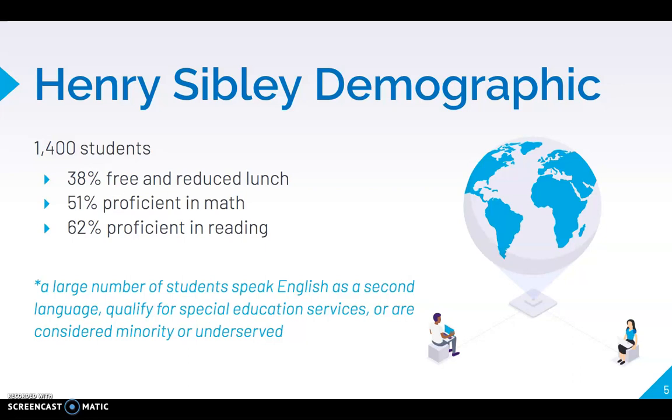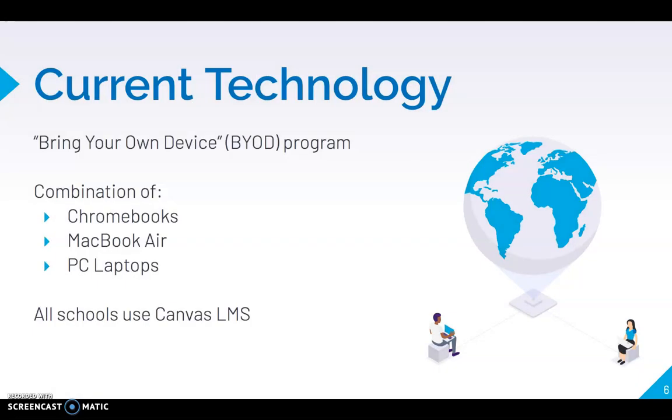They're both underserved and underprivileged, and these devices and open source textbooks will help in 2 ways. It helps them see different perspectives and receive a different narrative than they'd otherwise get, and it also helps them have those devices, where currently we're a BYOD program. Students need to bring their own device. There's an equity issue. Currently we have a combination of Chromebooks, MacBooks, PC laptops, and none of them are consistent. It's kind of a nightmare and a headache for not just teachers but students to try to learn on 3 different sets of devices.